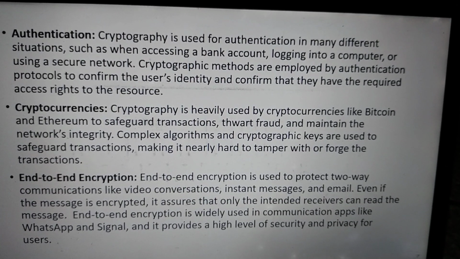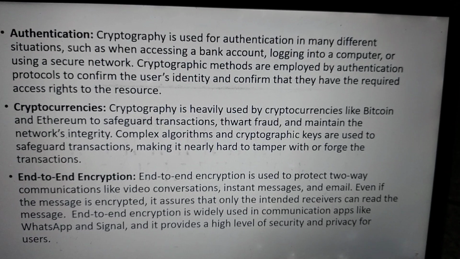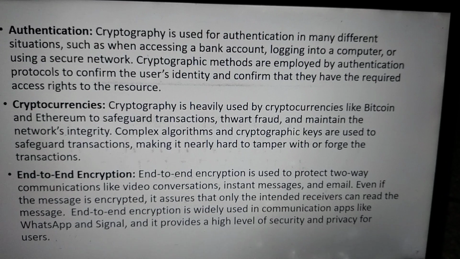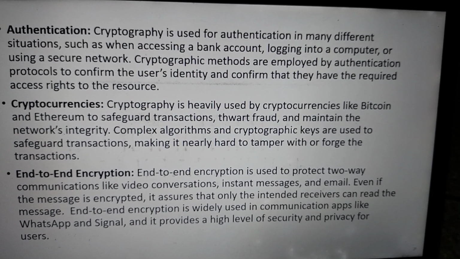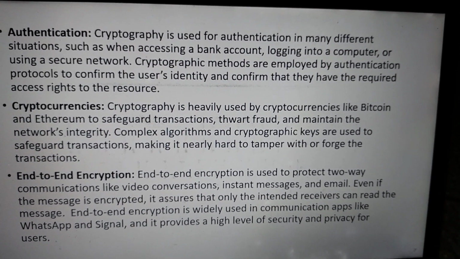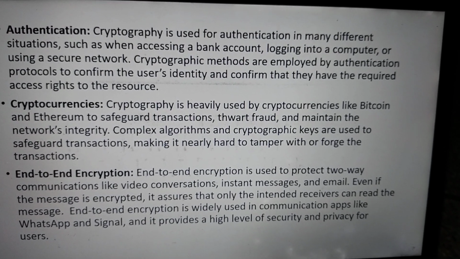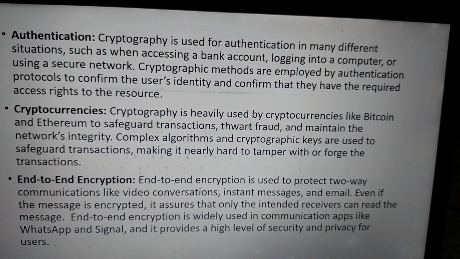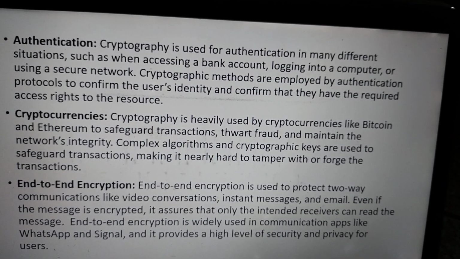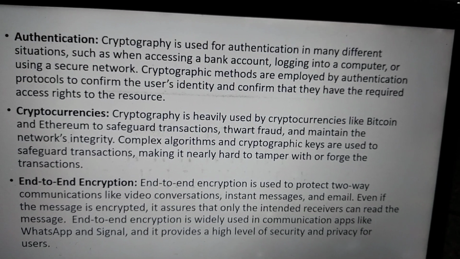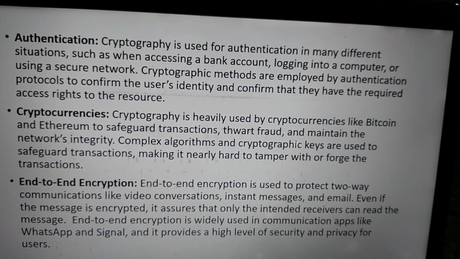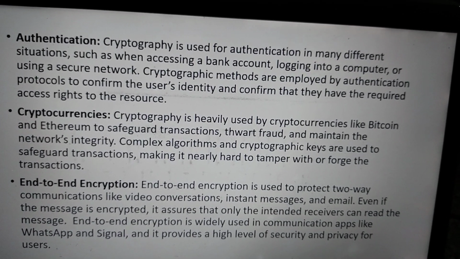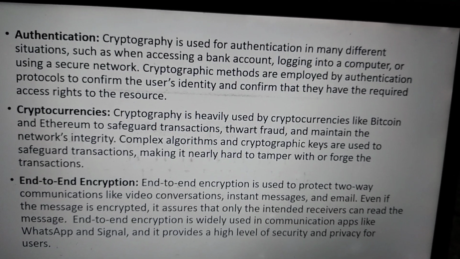When you communicate in any conversation, instant messages or email, where we apply the end-to-end encryption technique is when you log in to your email in any kind of browser. If you have enabled two-step verification, initially it will ask for your email ID and then password. After entering them, it will check authentication from your mobile. Only after getting the authentication will it log in to your Gmail account. This is an example of end-to-end encryption.